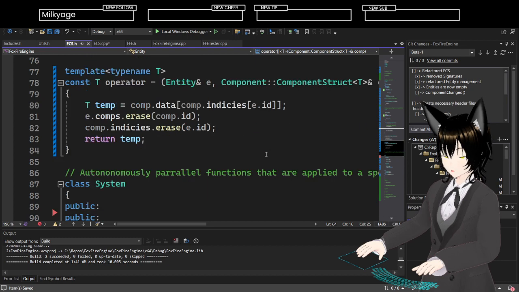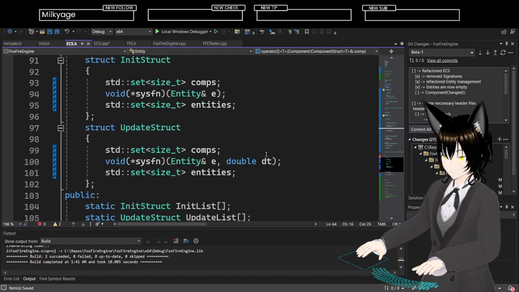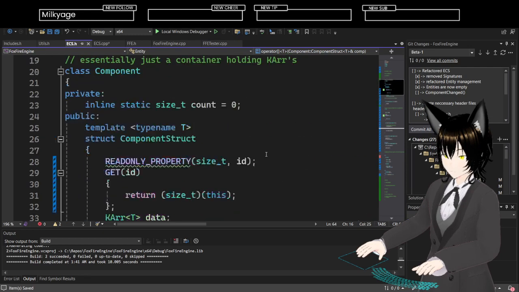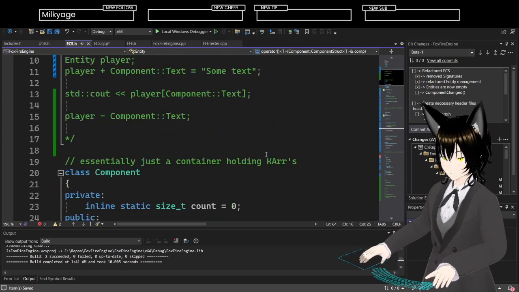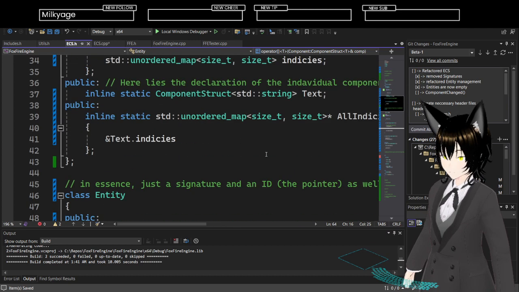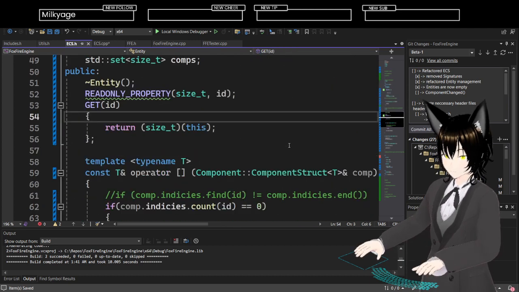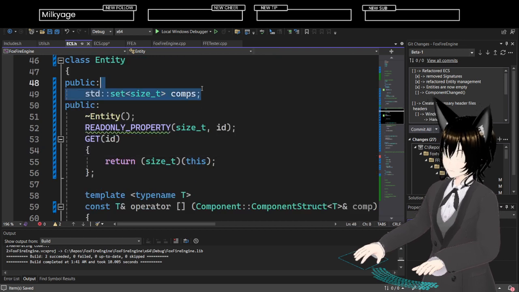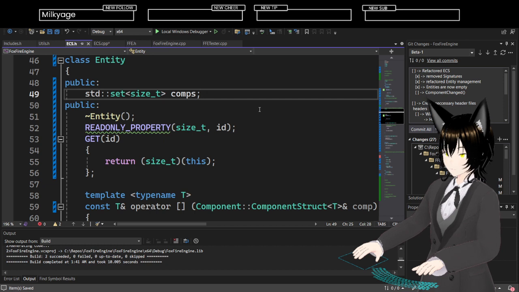I don't know how I feel about this. Also don't exactly know how big sets are. 24 bytes.